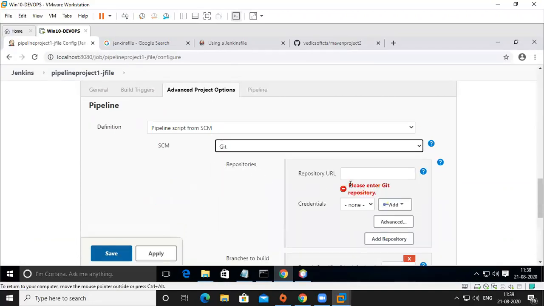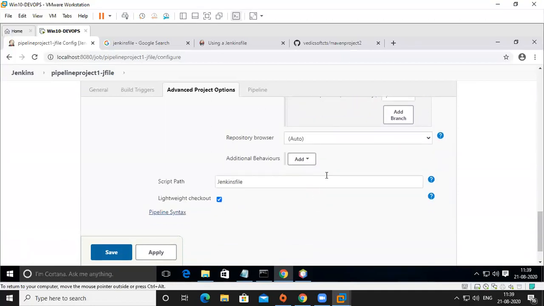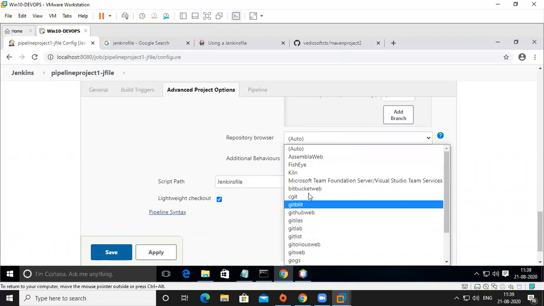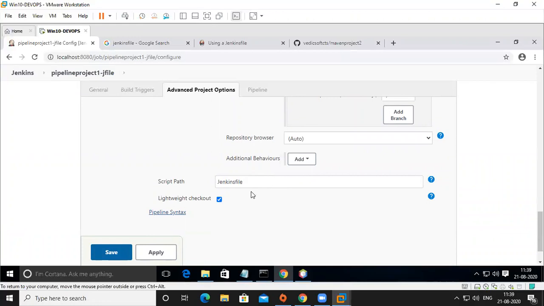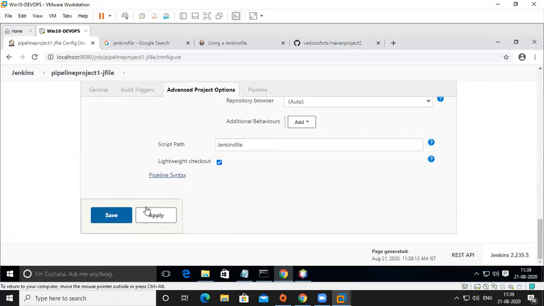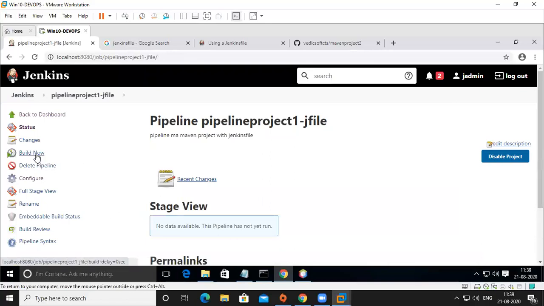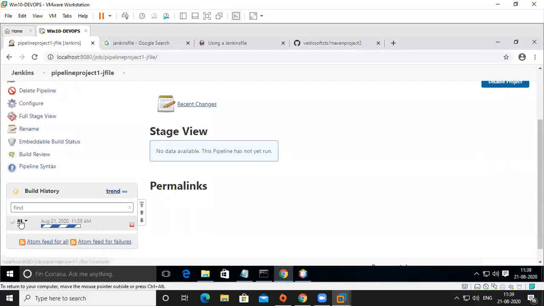Jenkinsfile, so this is my Git file. Master, add a branch, repository browser, auto. If you keep on going, it will be like this. Apply, save. Then I'm trying to build now. We'll see whether it is successful or failure.